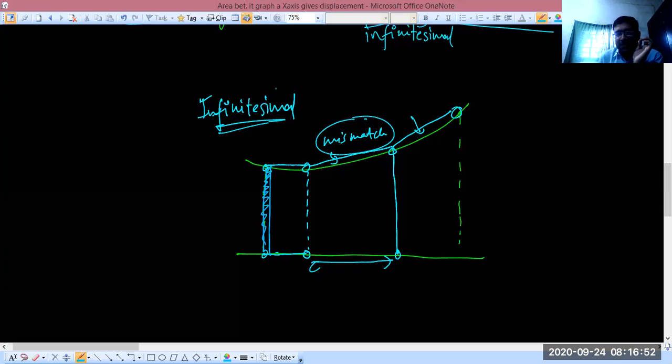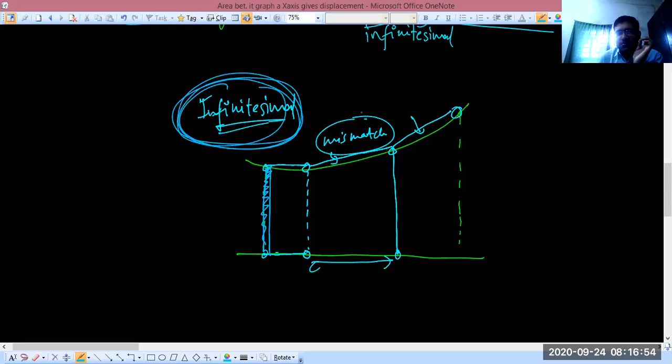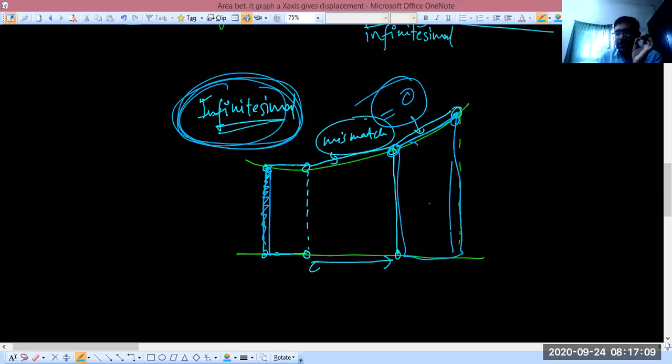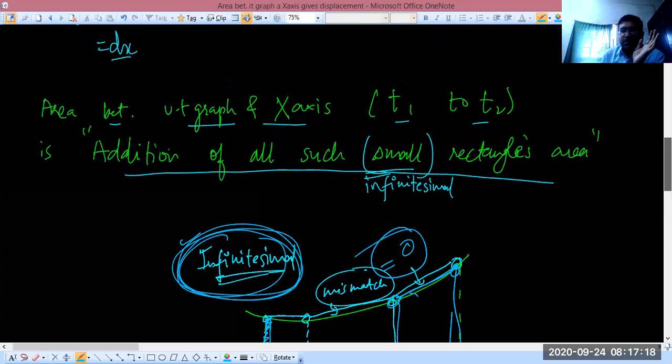And in fact, as you take the time interval infinitesimal, this area mismatch will become zero and everything will become a rectangle. Here it doesn't look like a rectangle, it's a trapezium. But if you take the 2 points very close to each other, it would actually become a rectangle. That's what infinitesimal is about. Again, what we are doing is adding all such small rectangles' areas. So that addition process